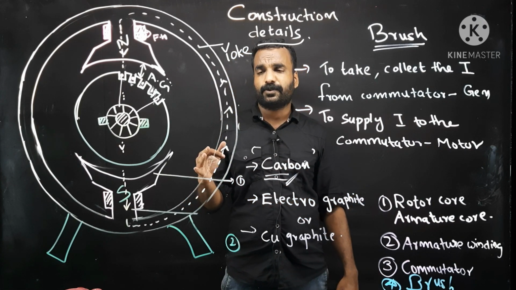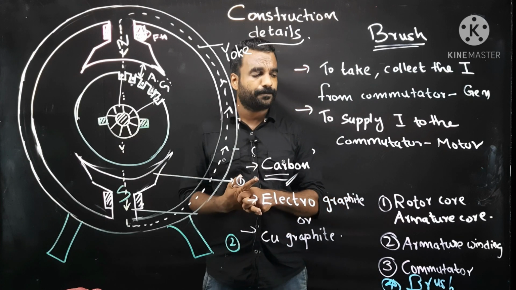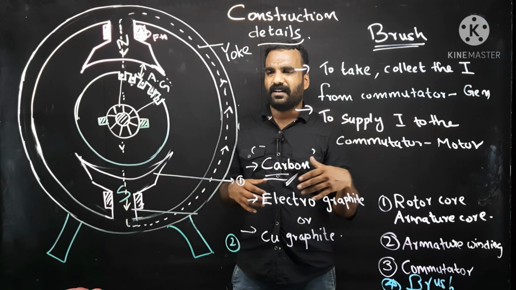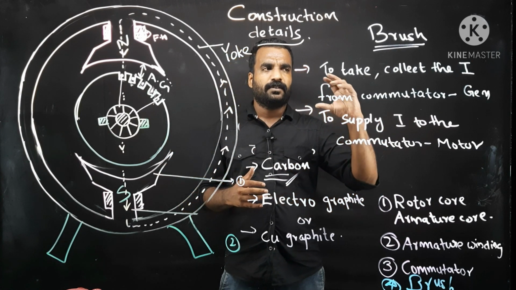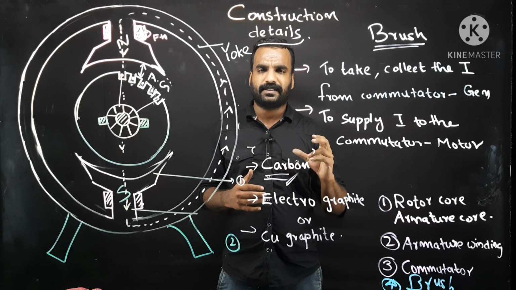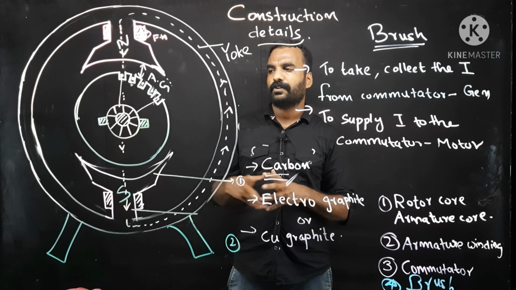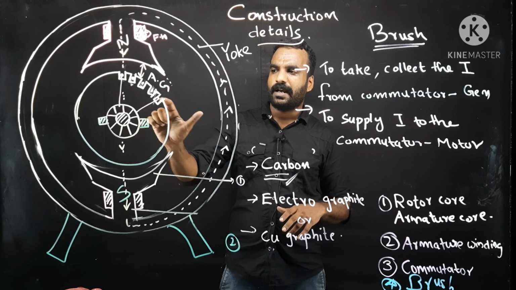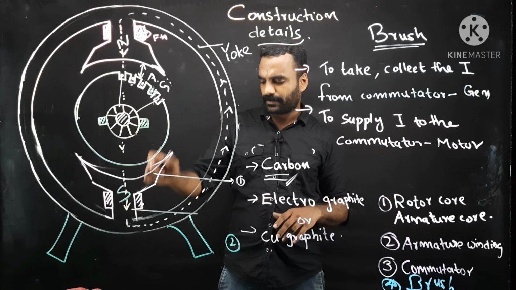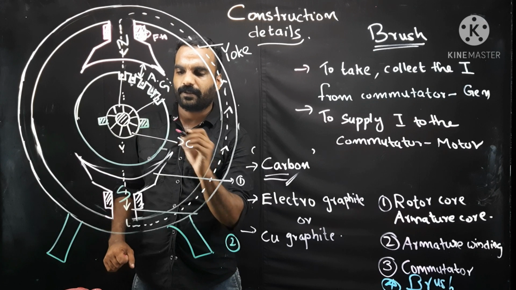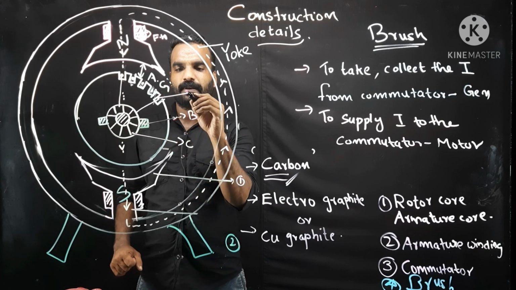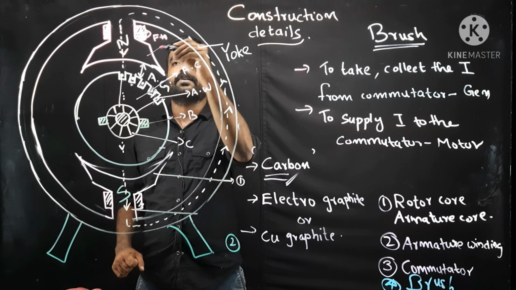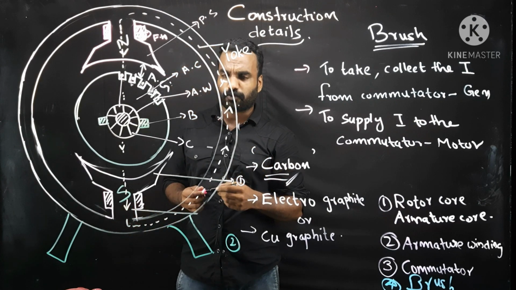This is very important. You can see this in many question papers. So, learn these things very well in point by point method. Don't write everything in an unarranged manner. You have to write what is the material used, what are the functions, like that. Okay. So you have to draw this drawing very neatly. You have to mark each and every part: armature core, armature winding, commutator, brush, yoke, pole shoe, like that. You have to mark all the components.